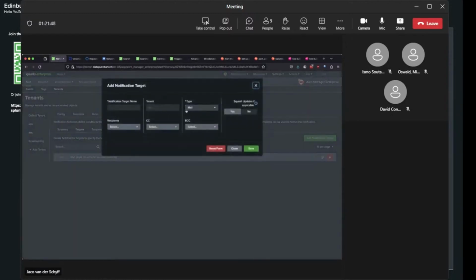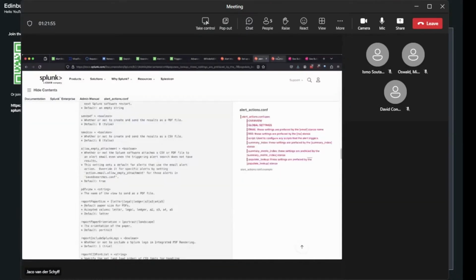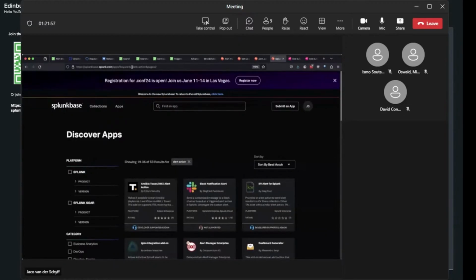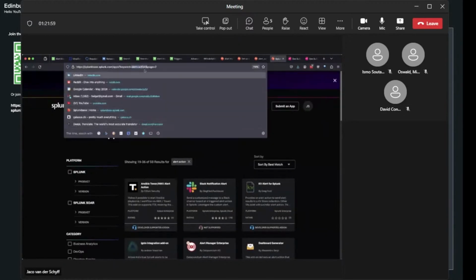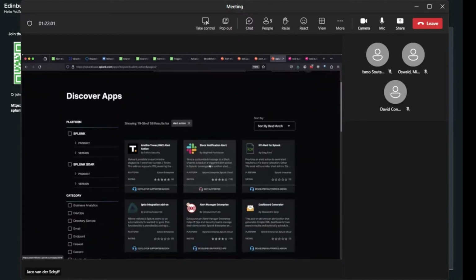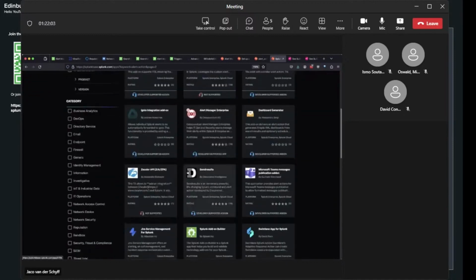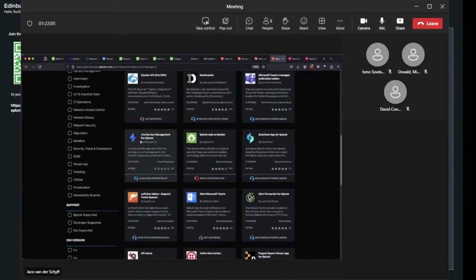Something I want to talk about is the target. We support this action target, which means the workflow actions. So this is a search, the alert actions. This is a search in Splunk for alert actions. And you can see there's quite a number of external interfaces already available today in terms of alert actions. These you can also bring into AME as with the workflow actions.